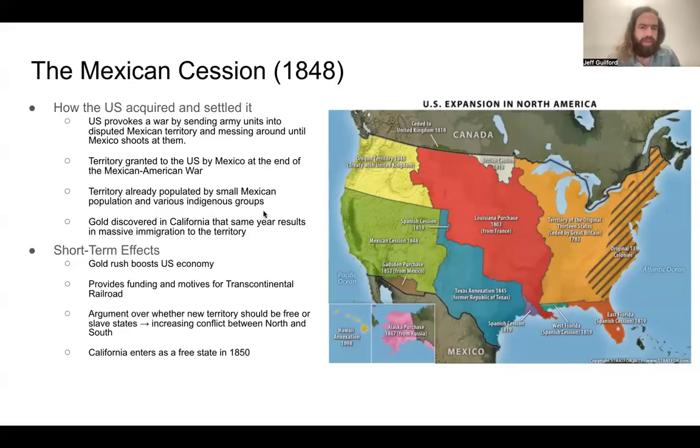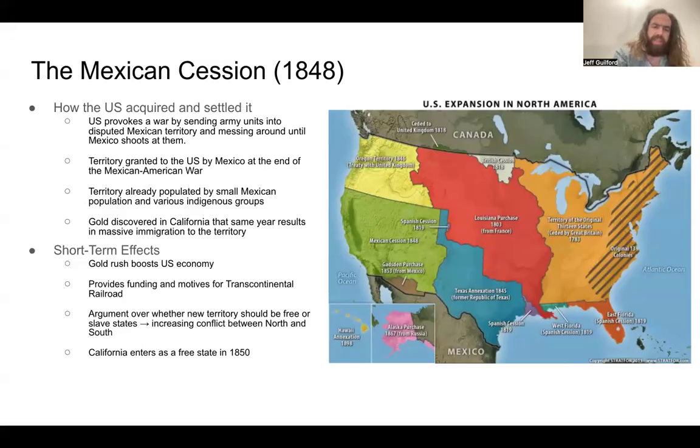And what's really weird about this is that the next year, 1 year after annexing all of this territory, one of the largest gold strikes in history occurs in California, resulting in the California Gold Rush and a massive economic boom that is going to turn California into a rapidly growing state in the next couple years. So it's just really quite strange that this gold was sitting there this whole time, and it's exactly 1 year after the Mexican cession that this happens. But so anyway, short-term effects of this: the gold rush boosts the U.S. economy. All this gold flowing in helps to boost economic growth.